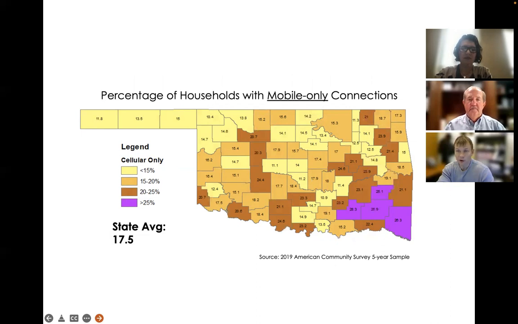And while they are great, they're not great for everything. So think about trying to make a resume on a smartphone, or interact with a government agency on a smartphone. Not always the easiest to do. Filling out forms is not always easy to do on a smartphone. Running a small business, not easy to do on a smartphone. So we try to emphasize for people to use an array of connections, and this is seen as a lower tier type of connection. We have a lot of households that are almost overly dependent on a mobile only connection. That's what this map shows.